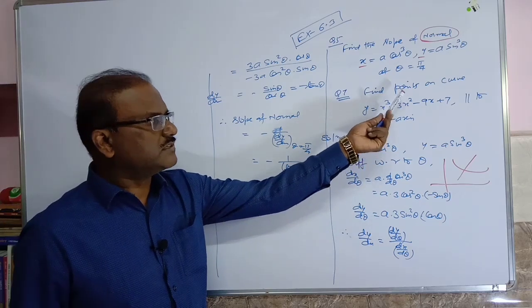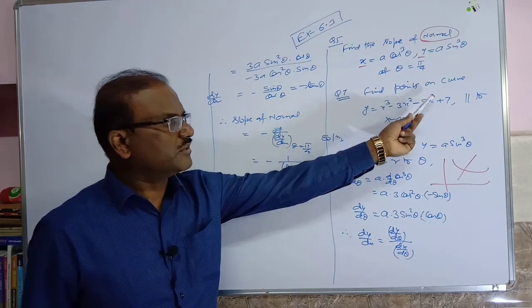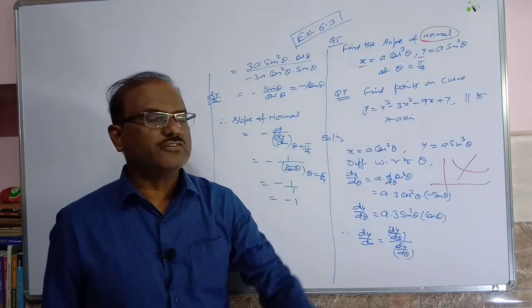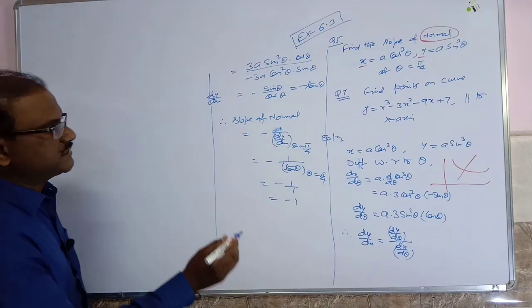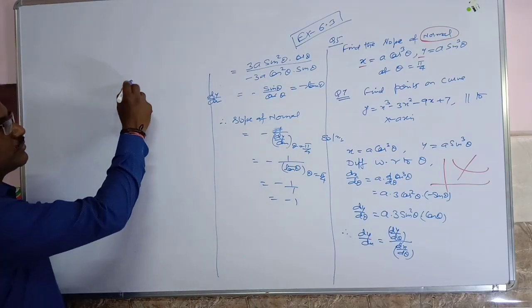Question number 7, these are basic questions. Find the point on the curve. इस कर्व पे हमें वो पॉइंट फाइंड करनी है जो x-axis के पैरेलल है. Solution. Now